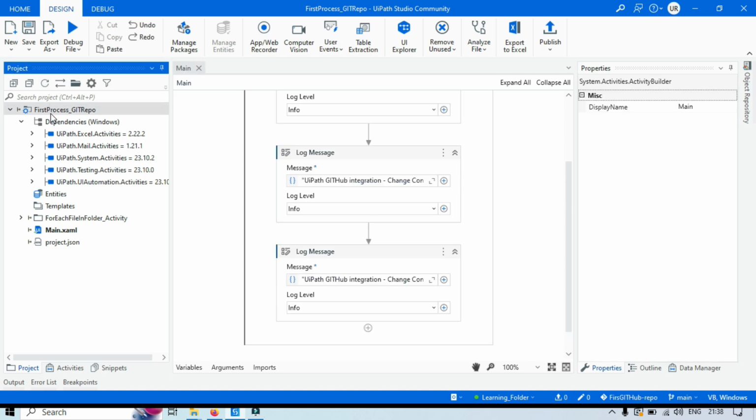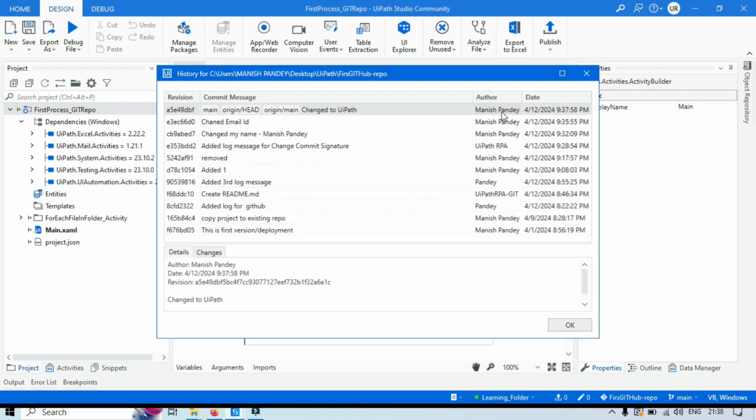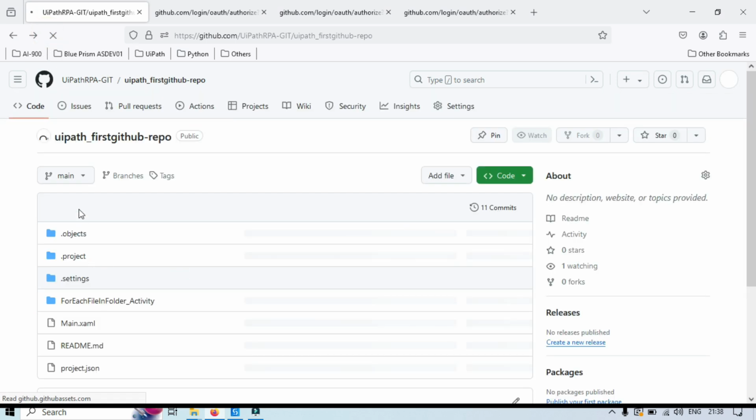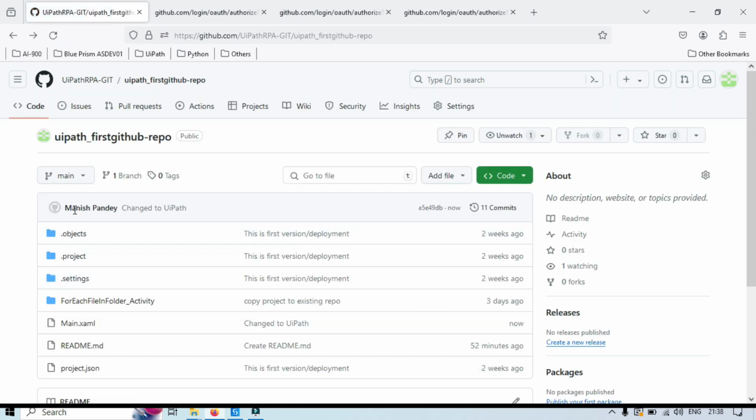Okay, now right click here and click on show history, and you will see here the name is same but email ID has been changed. So for that we'll go and refresh this, and this time you will see here the email ID has been changed and it is showing only Manish Pandey. Basically, this is my name. It is showing only author name. Now click on the commit history,